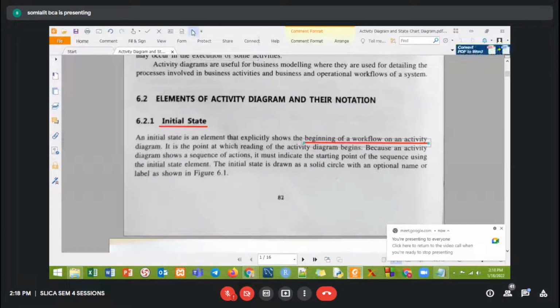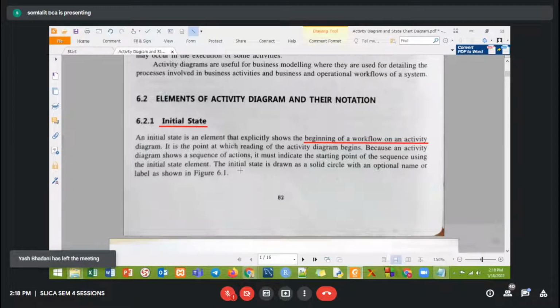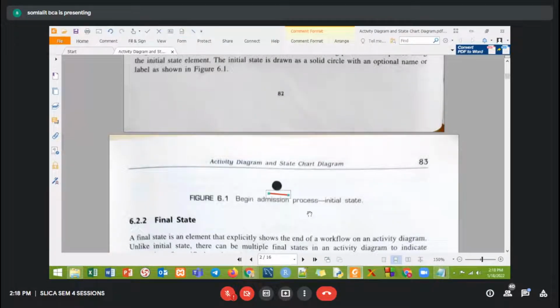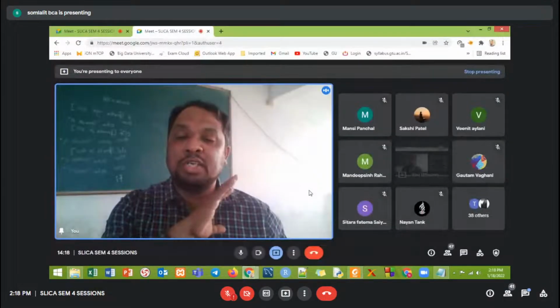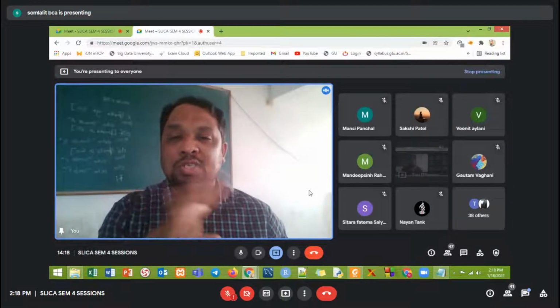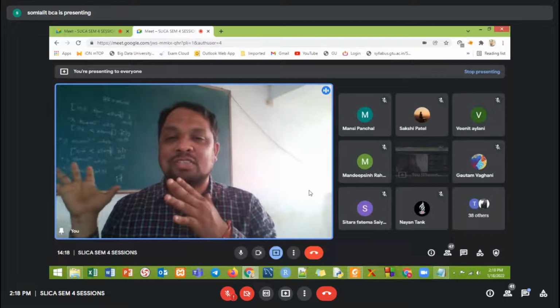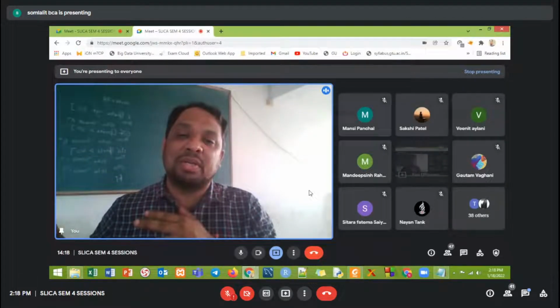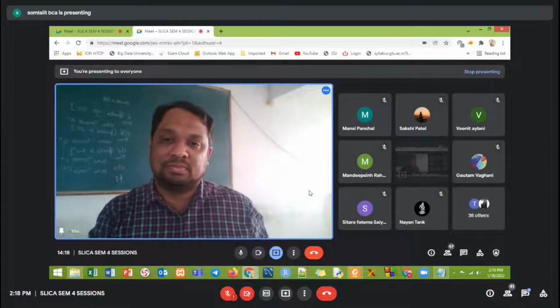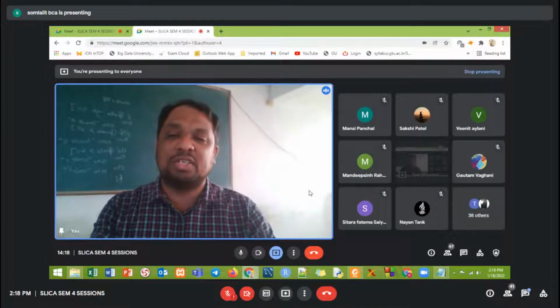Apart from that, in the activity diagram we need to show things in terms of some symbols. So this is the beginning process. Here they have written begin admission process. Don't focus on admission. It is the activity beginning process. Try to understand, whenever we are preparing the activity diagram, you don't need to consider logout or login. That is not a part of the business process. Those are security aspects that we keep in the system. We just need to show the business process.